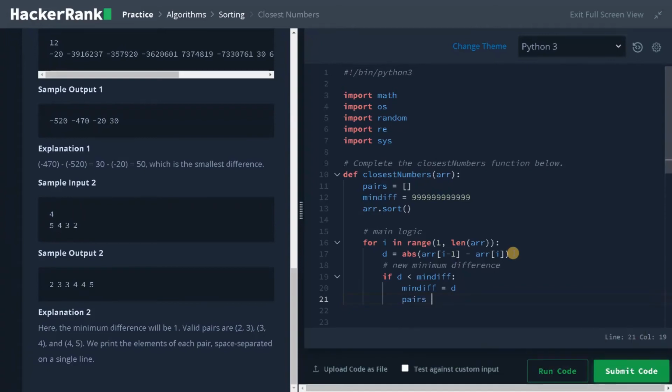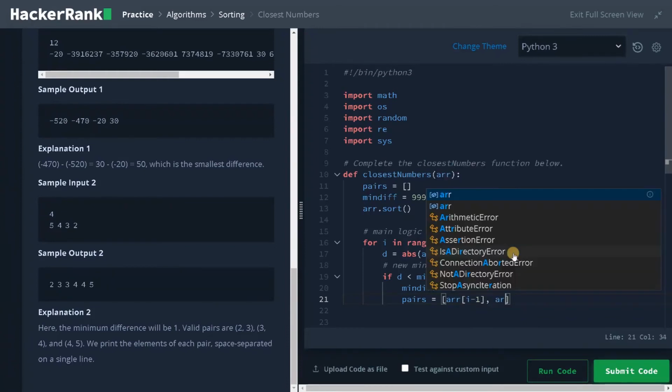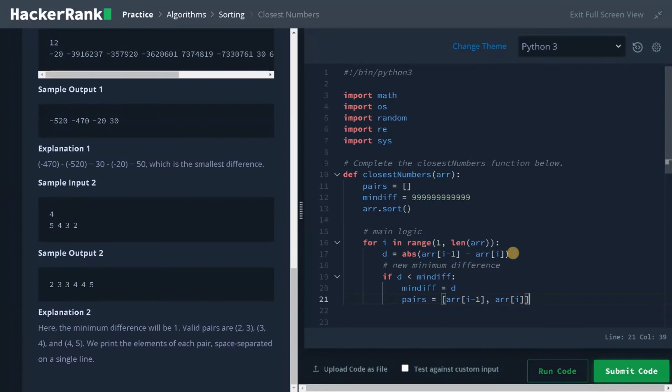So pairs equals a list of array of i minus 1, comma, array of i. Then elif d equals min diff.